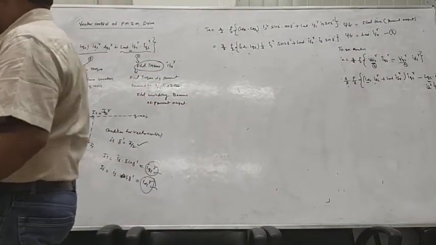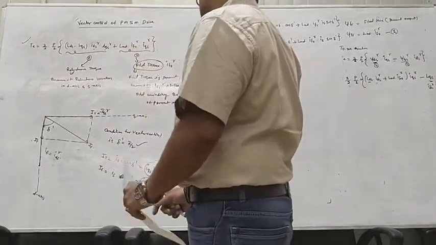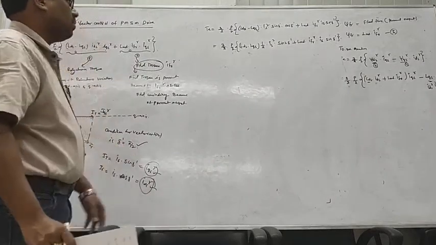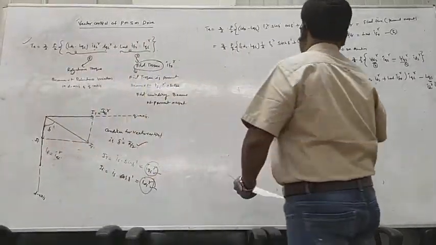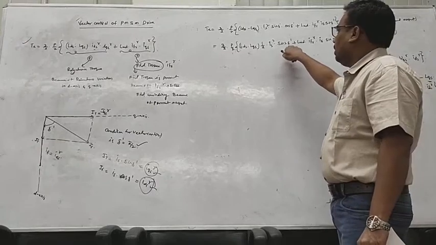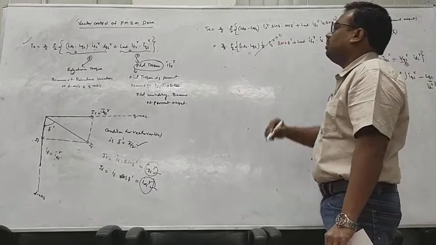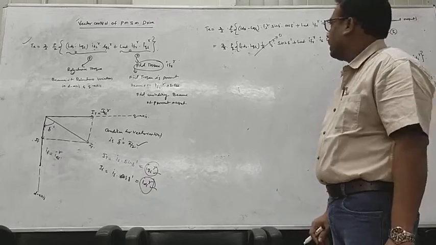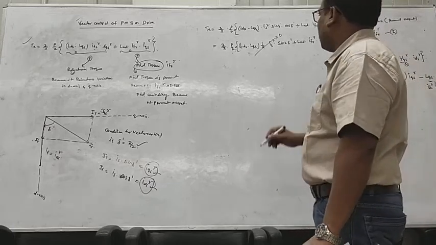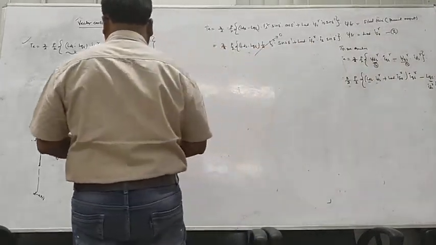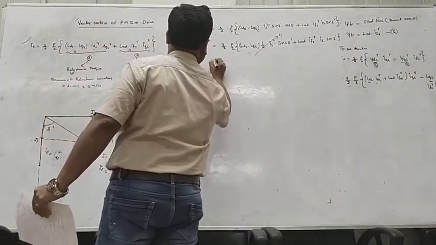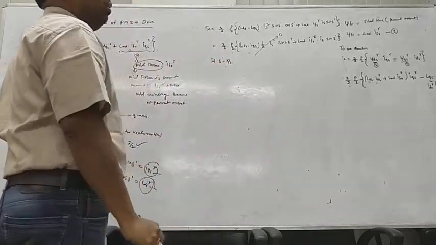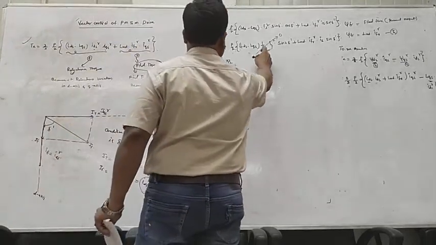If you substitute the condition for vector control, as you know, delta prime is equal to pi by 2. So what will happen? This term will be 0, because sin 2 delta prime is sin 180 degrees, so its value is 0. So if delta prime is equal to pi by 2, which is the condition for vector control, then this term will be 0.